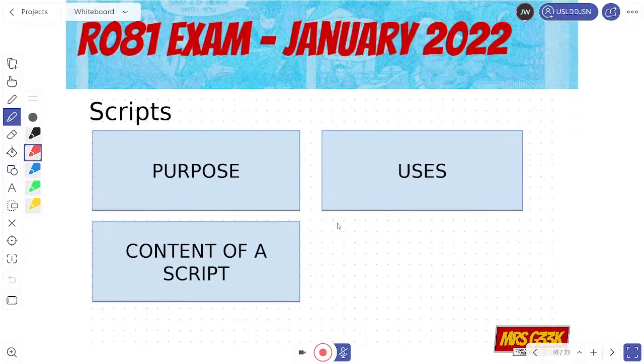Now we're moving on to scripts. Now, in terms of the exam, scripts are the one thing you won't be asked to produce in an exam. So you could be asked to make a mood board, a mind map, visualization diagram, or storyboard, but you won't be asked to write a script. But you will be asked to identify parts of a script. You may have a script as your 12-mark question. So it is important to know what the purpose of it is, who uses it, and what the content is.